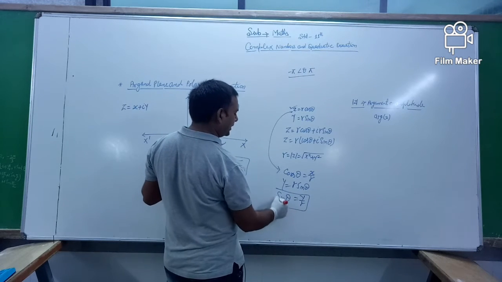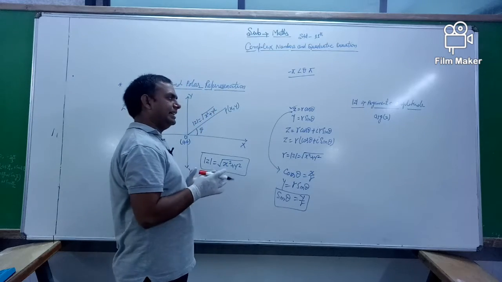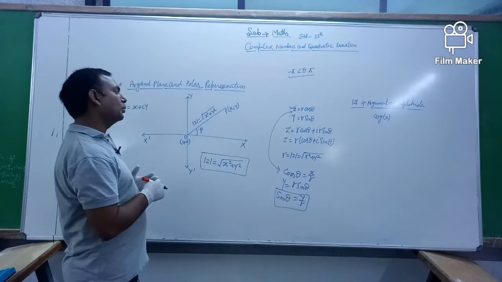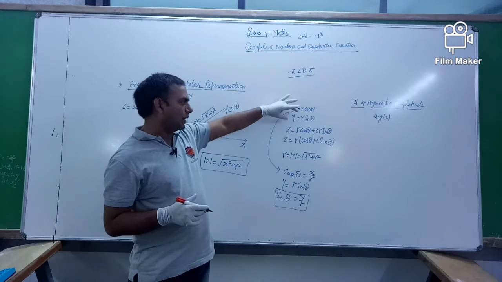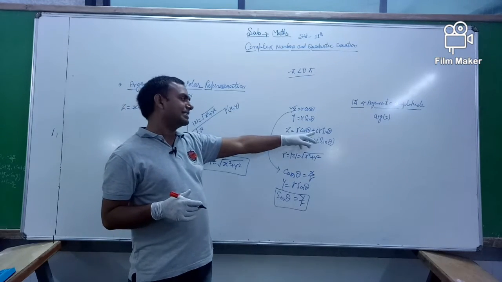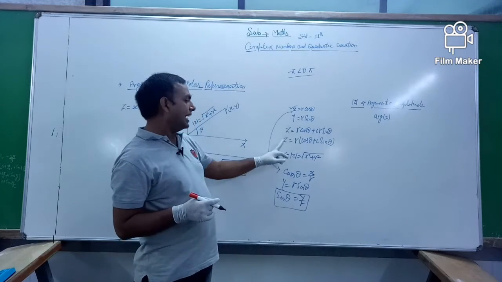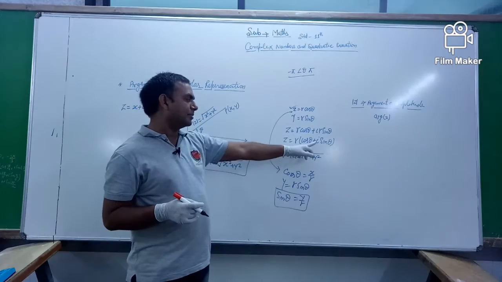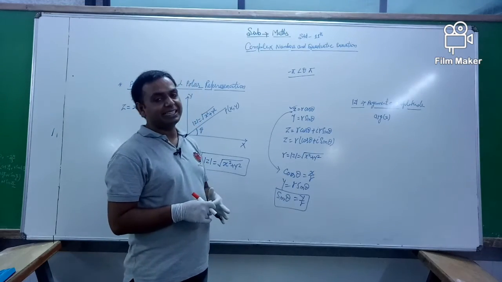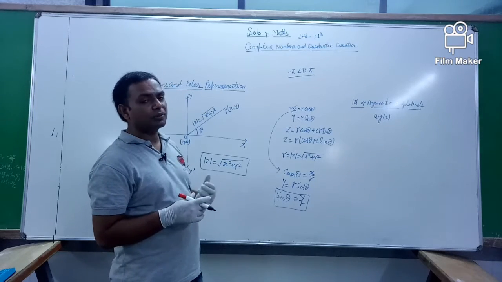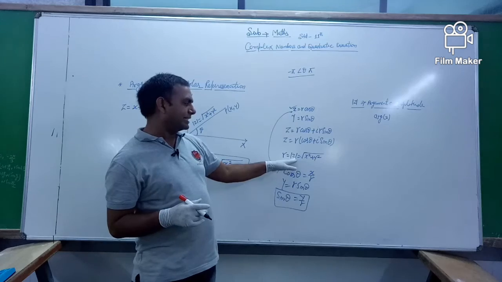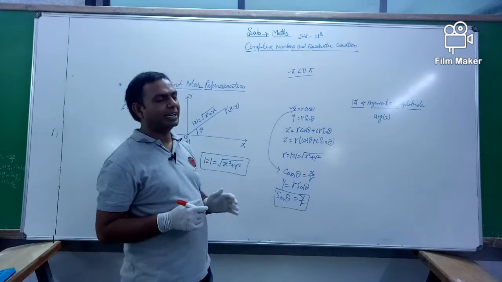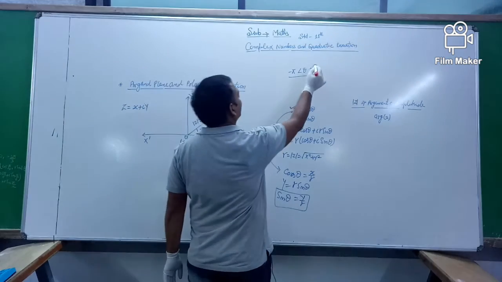If you want to change any complex number into polar form, z is equal to r cos theta plus ir sin theta, that is, z is equal to r times cos theta plus i sin theta. This is the standard polar form of a complex number, where r is equal to mod z, under root x square plus y square, and the value of theta,